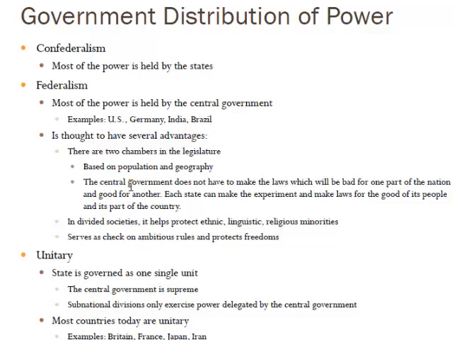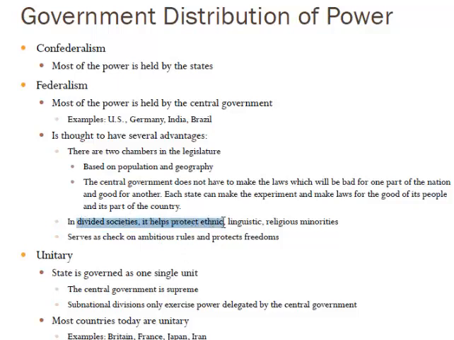And of course, another of the advantages of federalism, splitting the power between the states and the federal government, is that the federal government doesn't have to make laws that are relevant to each state. It just makes laws that are relevant to the entire country. And then you could have states like Montana, Wyoming, Texas, California. They can experiment with their own rules that are most relevant and important to their particular people.